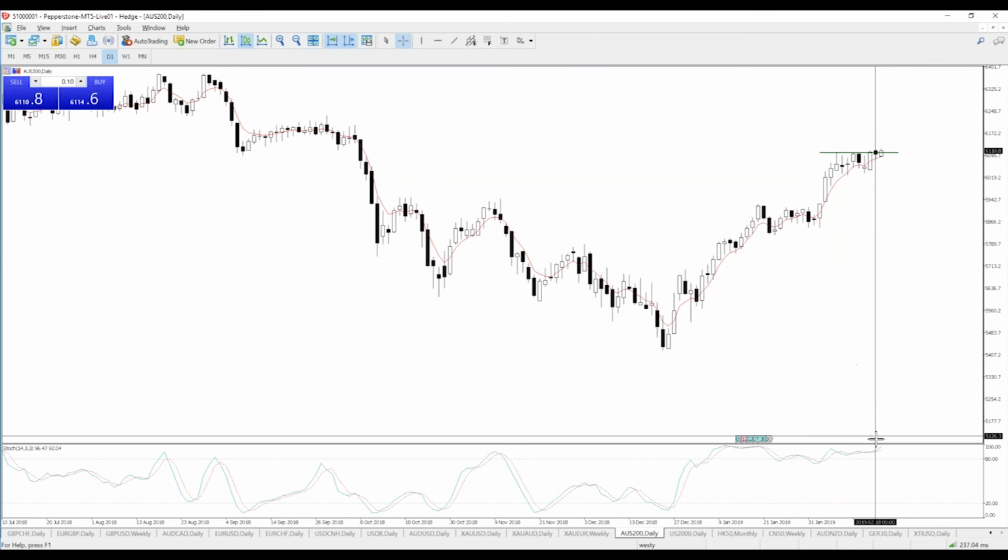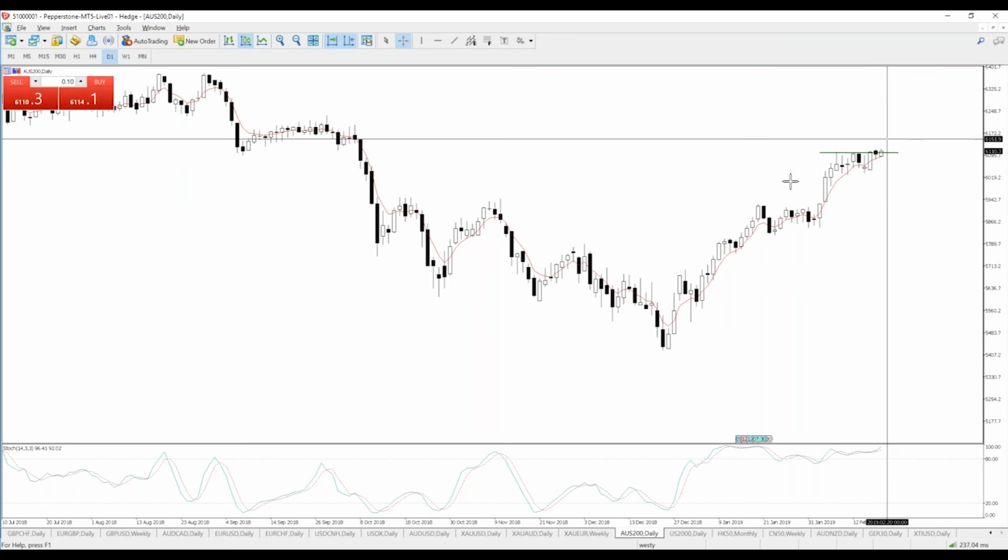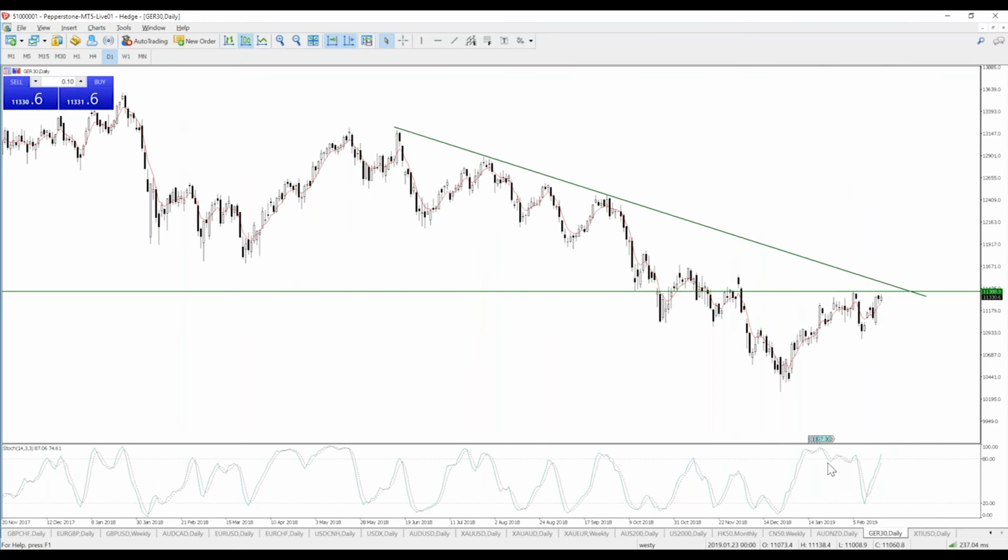You'll see that in the stochastics. It'll come down. But this market's had a nice run up. The equity markets have had some really good moves. Let's have a look at the German DAX. I mean, German DAX is looking really good at the moment, but we're coming up to this confluence of resistance levels at the moment. If price can get through,